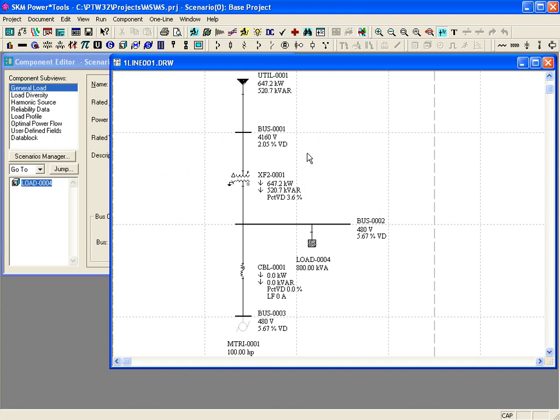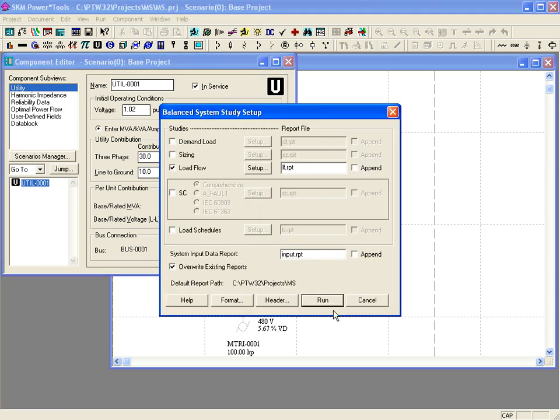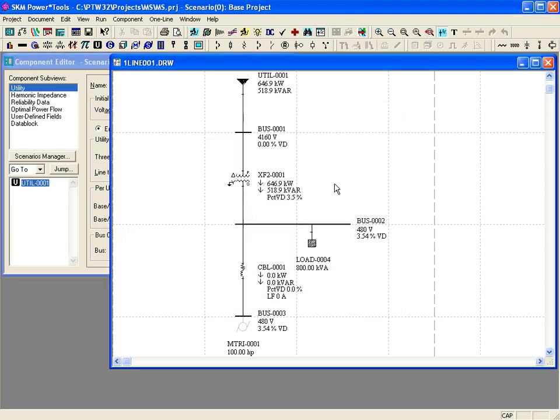It is generally assumed that the utility source is supplying rated voltage at steady state before the motor starts, and therefore we need to compensate for the voltage drop through the source impedance. Since we have a 2% voltage drop through the source impedance, I'll change the per unit driving voltage to 1.02 and rerun the load flow. It now shows 0% voltage drop at our main utility bus, which is the initial condition we're looking for